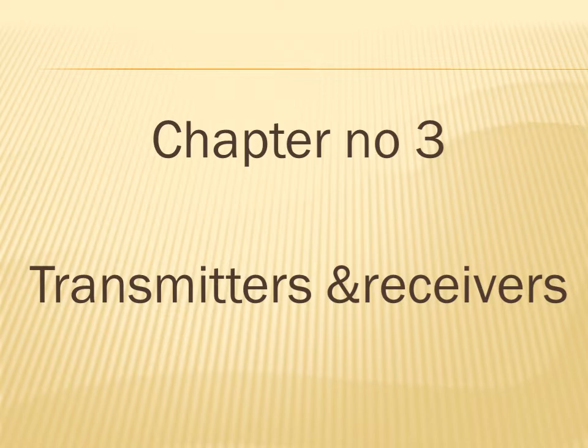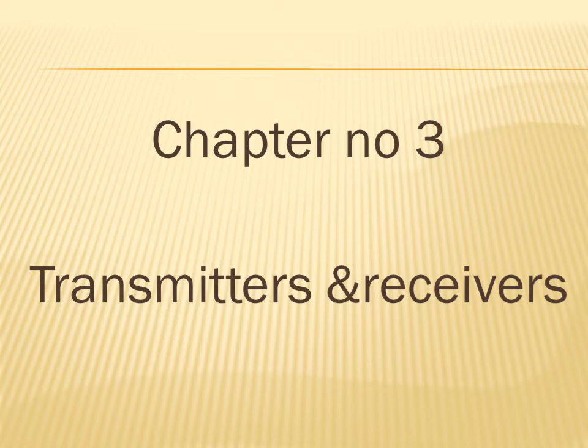In this chapter we will see how to generate the AM signal, how to generate the FM signal, how to receive the AM signal, how to receive the FM signal, and how to demodulate the AM signal. For that purpose we are using a diode. We will see two types of demodulation circuit: first the diode detector, and the practical diode detector.